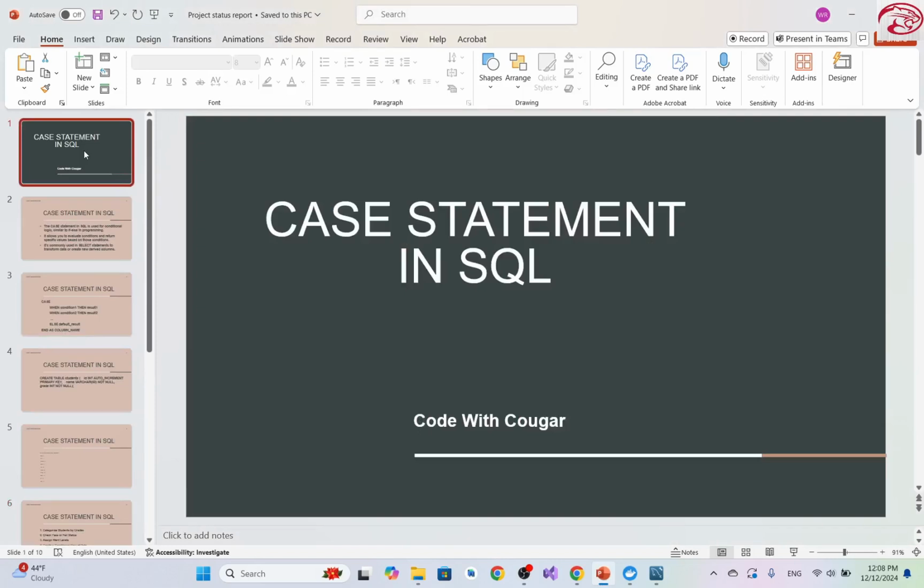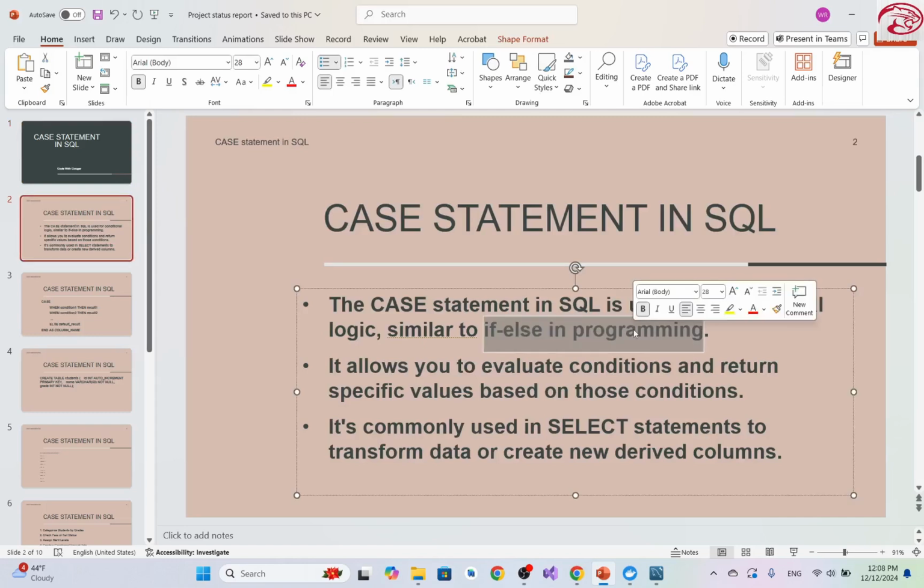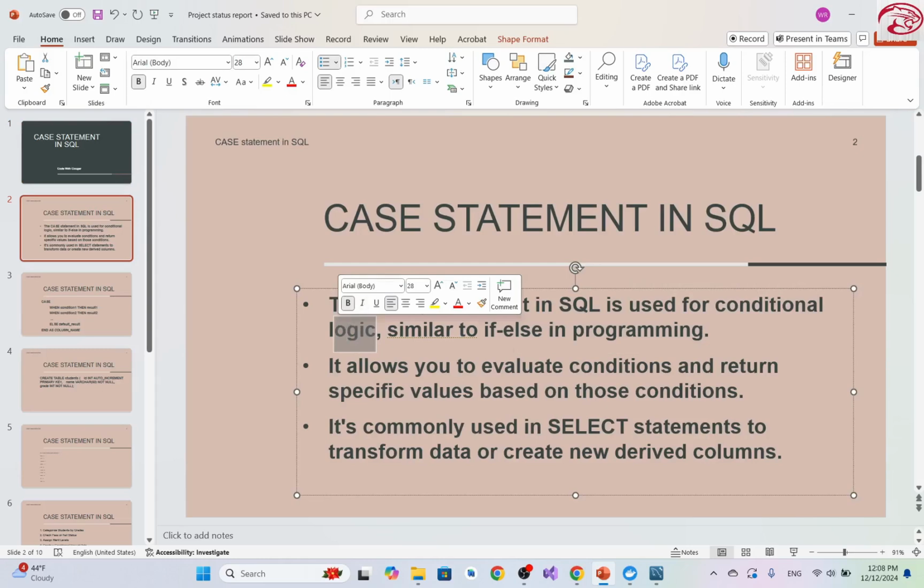Let's learn about case statements in SQL. It's like if and else statements in other programming languages, which allows us to apply logical conditions while querying the data. It allows us to evaluate conditions and return values based on these conditions. It's mainly used with select statements. We can apply some conditions on our data, and based on these conditions we can derive some columns or data